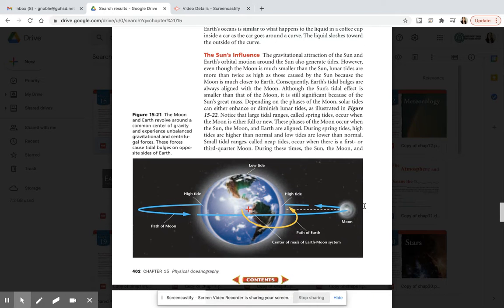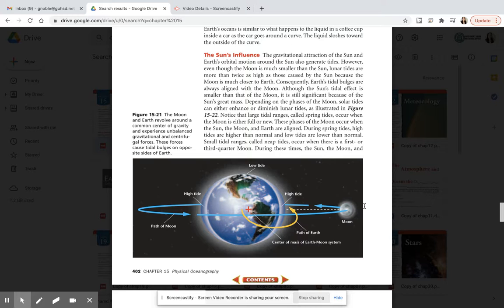The sun's influence. The gravitational attraction of the sun and the Earth's orbital motion around the sun also generate tides. However, even though the moon is much smaller than the sun, lunar tides are more than twice as high as those caused by the sun because the moon is much closer to Earth. Consequently, Earth's tidal bulges are always aligned with the moon. Although the sun's tidal effect is smaller than that of the moon, it is still significant because of the sun's great mass. Depending on the phases of the moon, solar tides can either enhance or diminish lunar tides, as illustrated